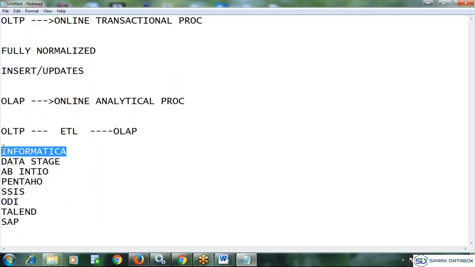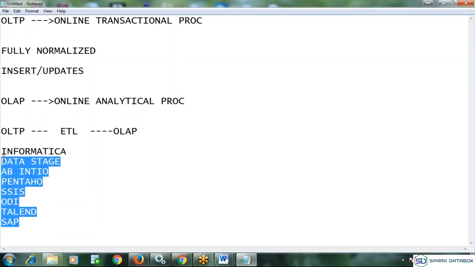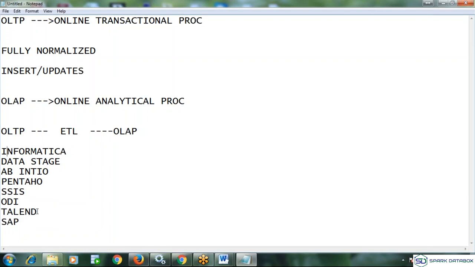What is the reason you are choosing Informatica, when we have so many tools? Talend is also growing very fast and giving a tough fight to Informatica.